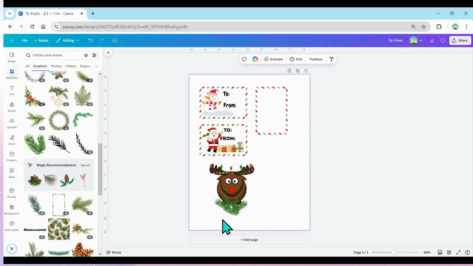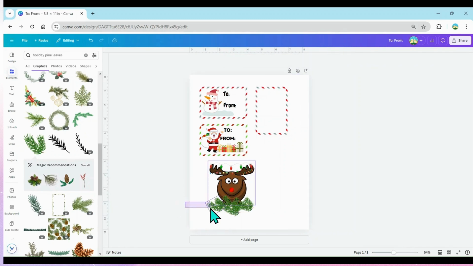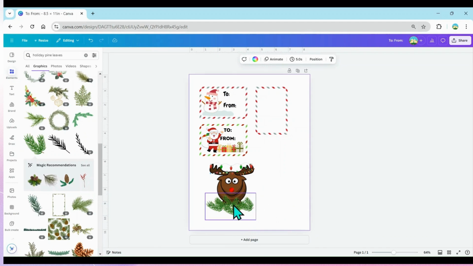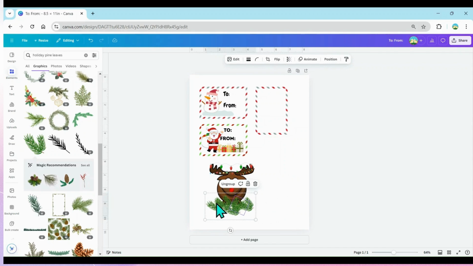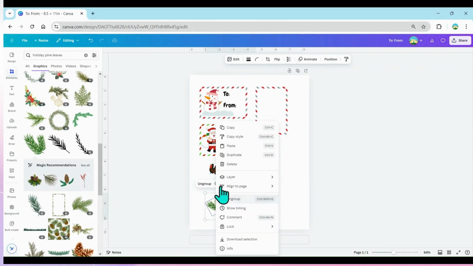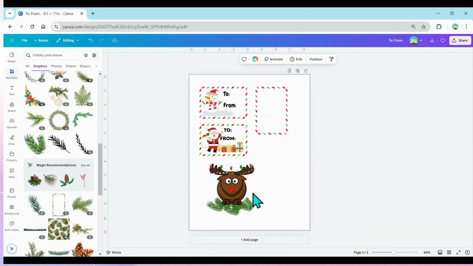and I'm gonna duplicate again. So he has enough right there, and I'm going to bring it right here, and I'm going to group all my leaves, but I don't want him. There we go, like that, group. And then I'm gonna pass them to the back. How do I do that? I click on my design and then right click, layers, and I'm gonna say send backwards. And now it looks like he's sitting on